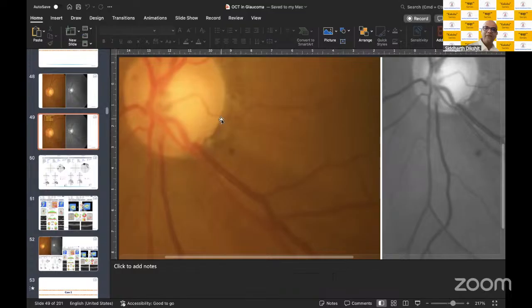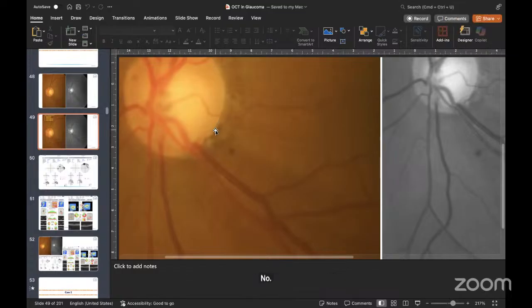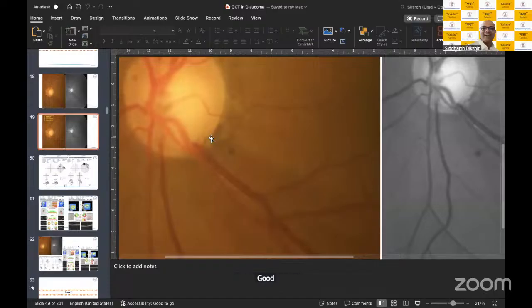Here? No. Here? Slightly below that. Here? Yeah. Yes. Now I understand. You have started being guided by the